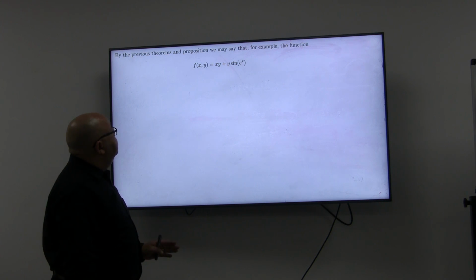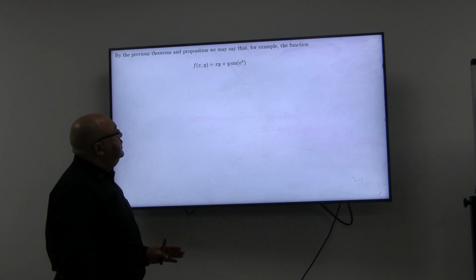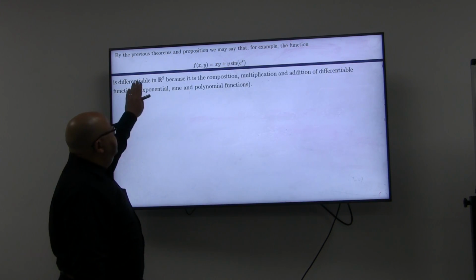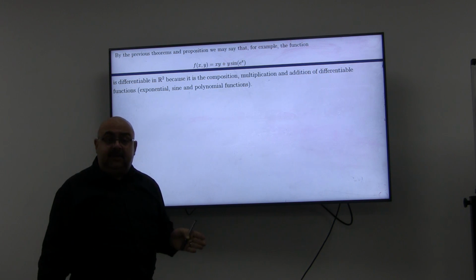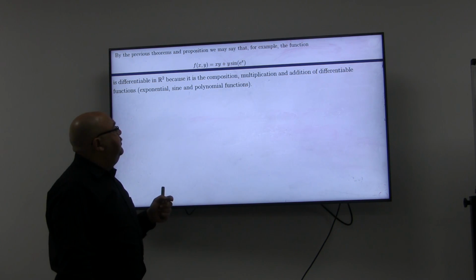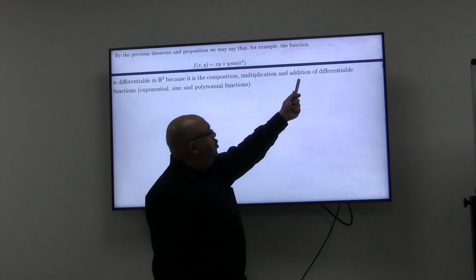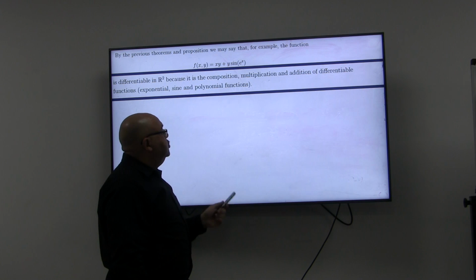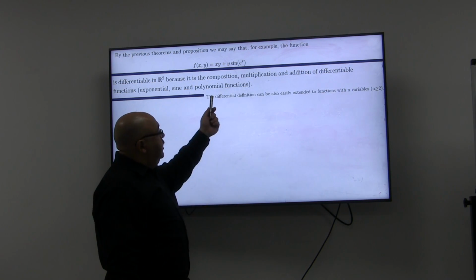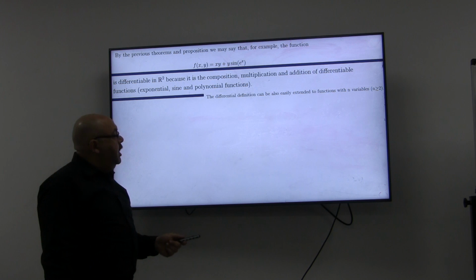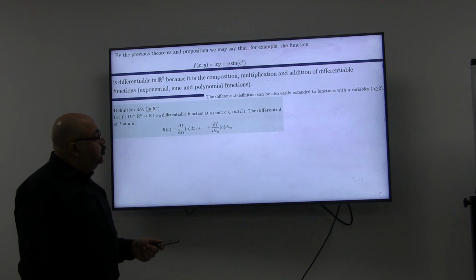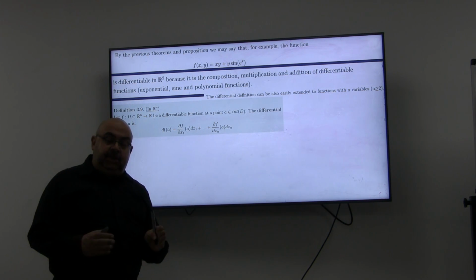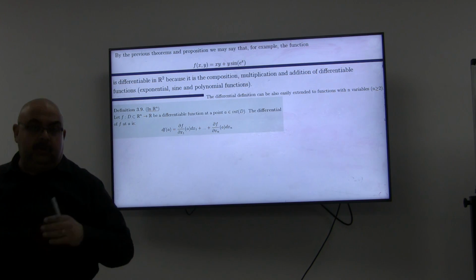Here, by the previous theorems and the proposition, we may say that, for example, the function xy, y sine xy, is differentiable. Why is it differentiable? Because it consists of multiplication and addition of differentiable functions: exponential, sine, and polynomial functions. So it is differentiable. The differential definition can also easily be extended to functions of more than two variables, as we studied in R2, which is really very simple,